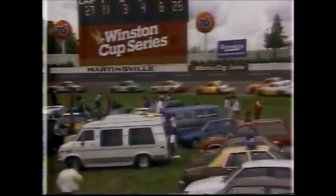Here's a replay of what happened as they went into turn 3. You can see Ricky Rudd in the yellow car down on the inside. He and Cope get together, and Cope goes spinning around. And I don't think he hit the wall either. No, I don't think he did either, but Ricky Rudd also had to make a pit stop and make sure